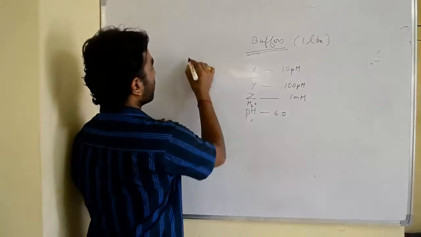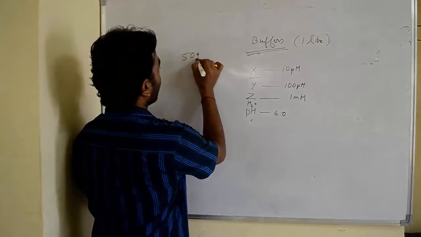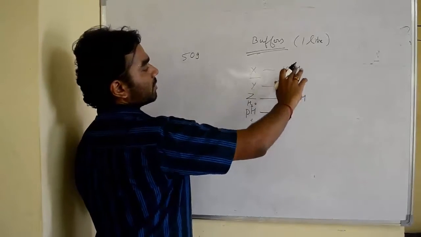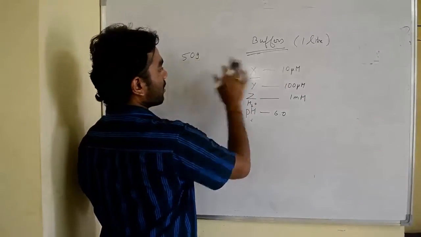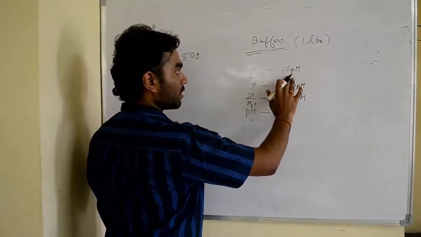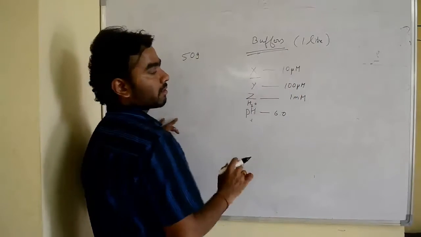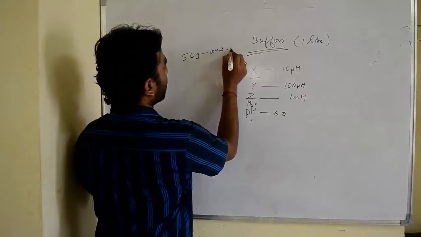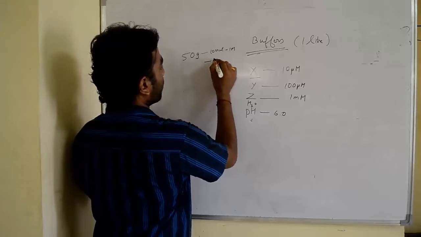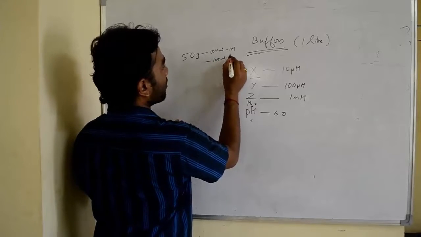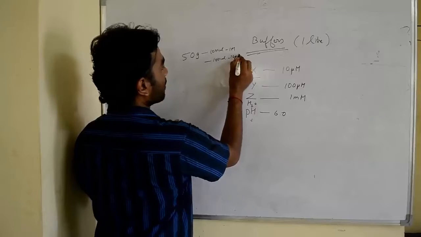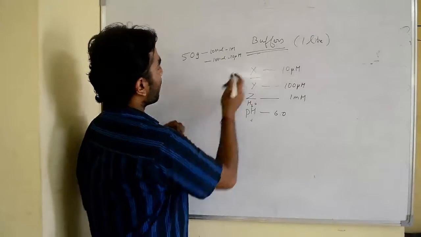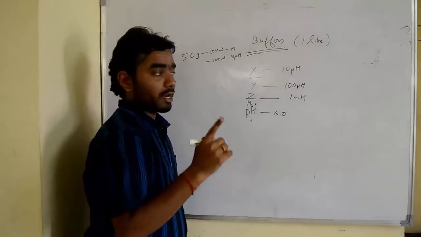So for example, if your X has 50 grams of molecular weight, then calculate how much you should take for 10 micromolarity of the solution to be prepared in 1 liter. 50 grams is required in 1000 ml to get 1 molarity, but you need only 10 micromolarity. So how do you take? I forgot to tell one formula.